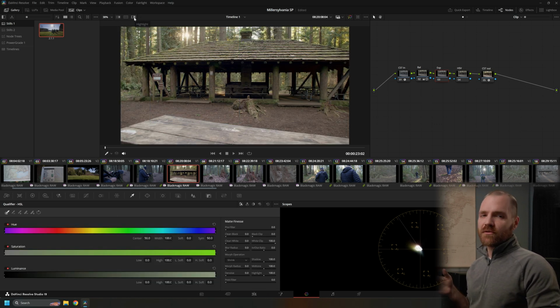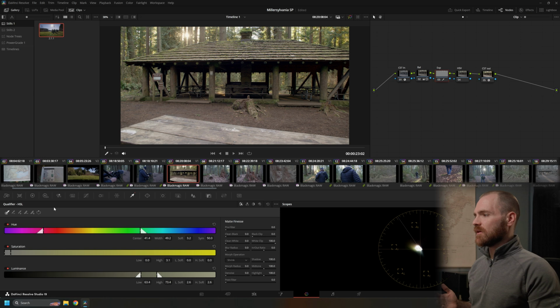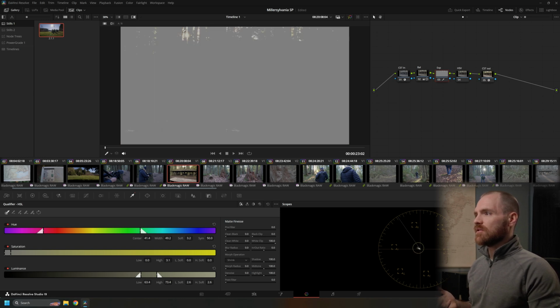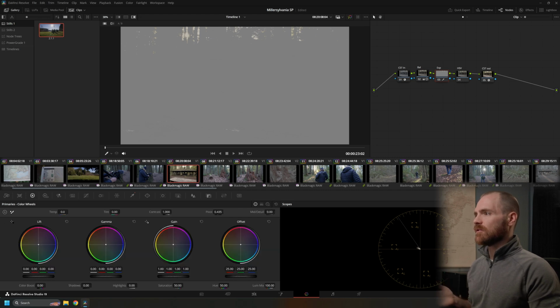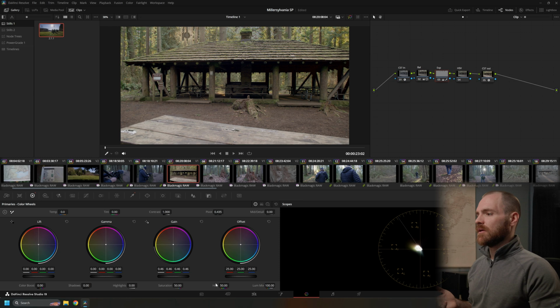Now, the highlight viewer is also going to be handy for showing when you're using your selection or your qualifier tool to help identify what parts of the image you're actually selecting. So let's say, for example, I just wanted to work on the brightness and the sun. I can grab that with my qualifier, and you can see it's done something here on my HSL qualifier tool, but it's really not clear what I've selected. So if I push my highlight button, I can see just these bright parts of my image have been selected. And if I go back over to my primary wheels and make an exposure adjustment, I've only affected those areas. We'll turn our highlight viewer off, and we can see, all right, we're affecting just that part of the image